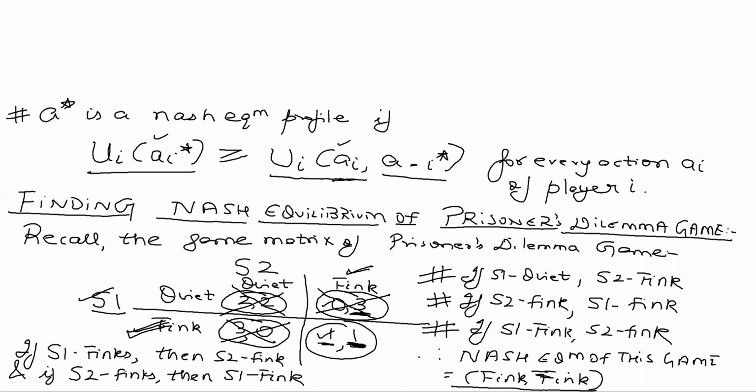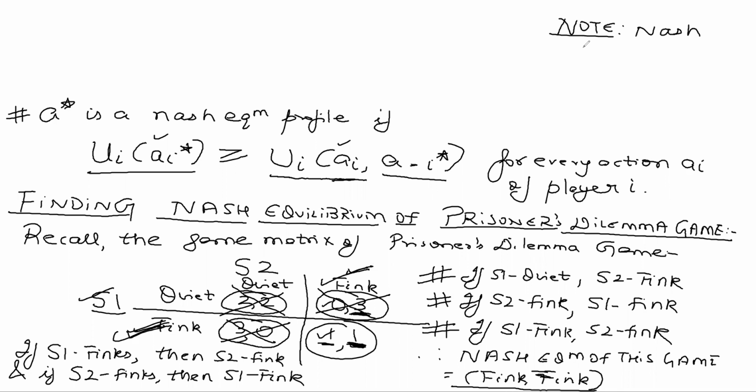That means at think comma think, when suspect 1 thinks, suspect 2 also thinks, and when suspect 2 thinks, suspect 1 also thinks. So at 1 comma 1, you see that both the suspects would not want to deviate. So my Nash equilibrium is think comma think. Okay, another thing. Understand this, I am writing it as a note on the top.